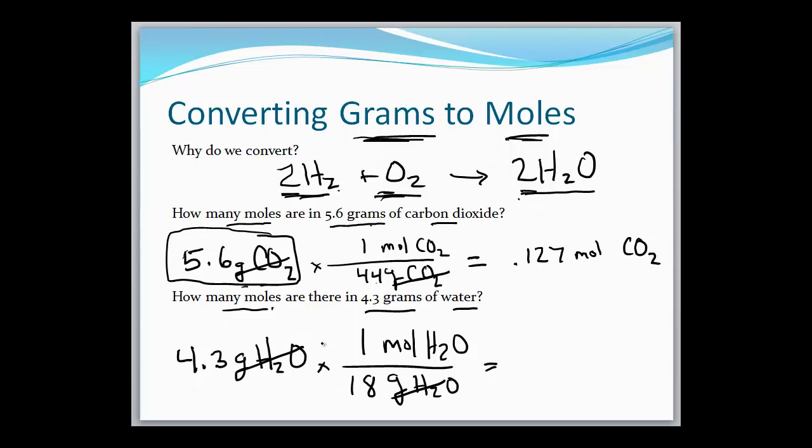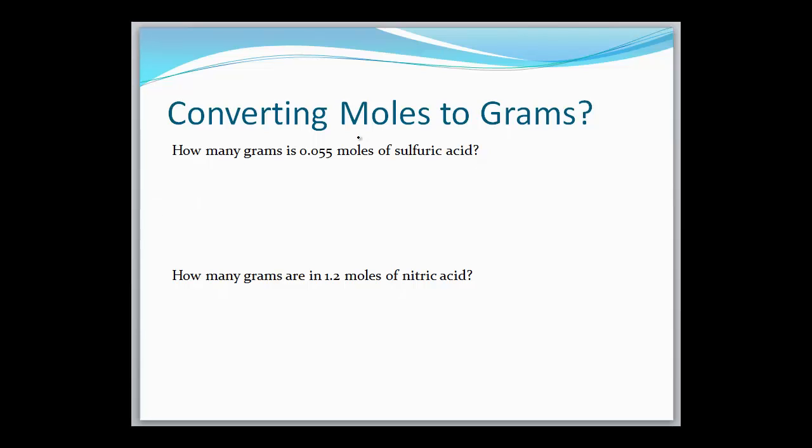4.3 divided by 18 gives us 0.234 moles of H2O. Okay, now let's go in the other direction and convert from moles to grams. How many grams, so that's the unit that we're looking for, are there in 0.055 moles